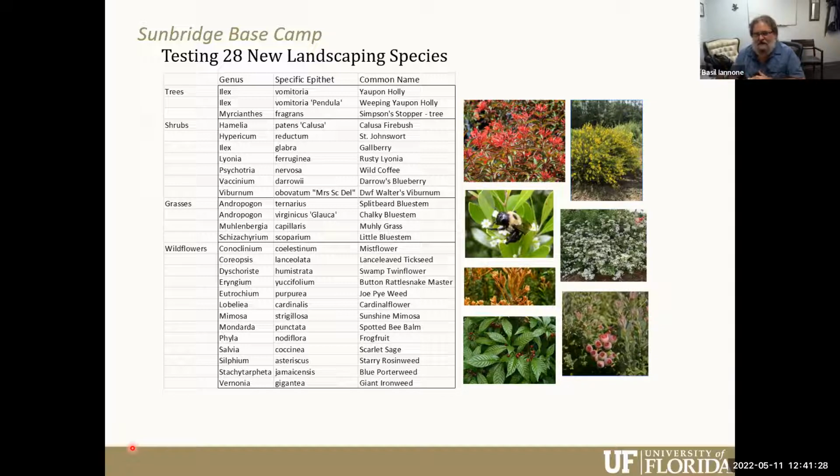And the reason we did a balance here was because we are working with the developer and the landscape architects to make sure that this planting isn't just a success experimentally, but it also needs to be a success from a design perspective. We can't look ugly. This is the entryway to a development, right? And the developer is concerned that this might look ugly. So in case all these other native plants we're trying out fail, we learned something about them, but we also have the ability to make this landscape feature still look nice.